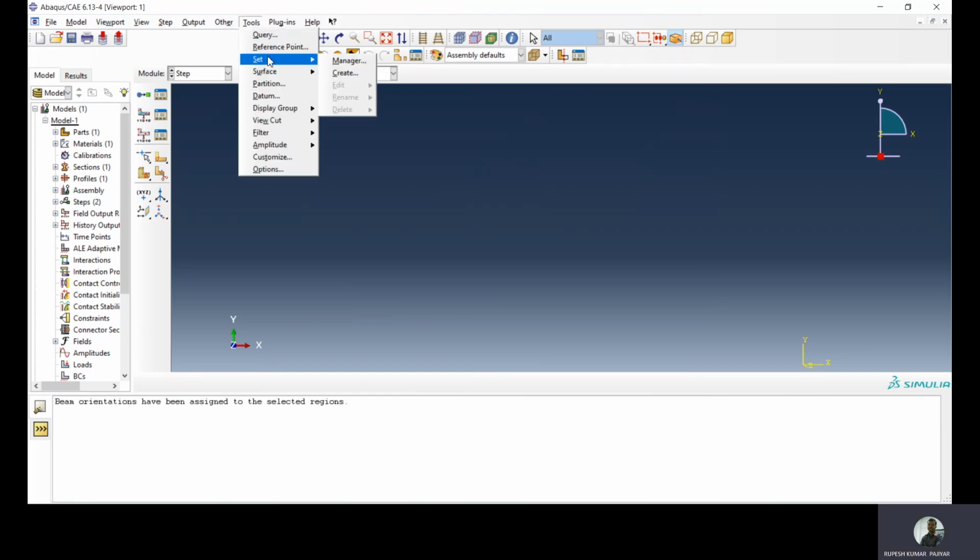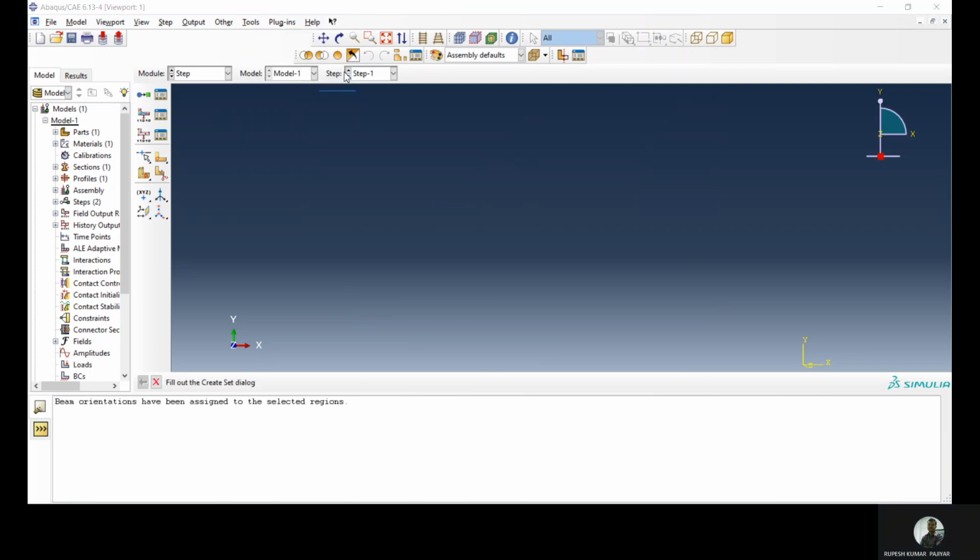Here, if we want to find the reaction and displacement at a particular point, then we have to define that point. For example, we want to find the reaction, which will act at the support.